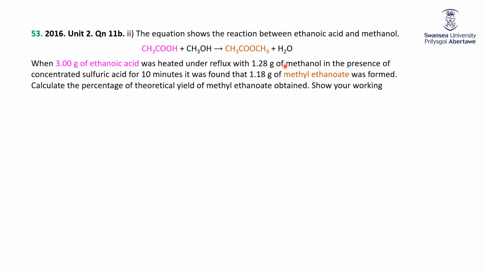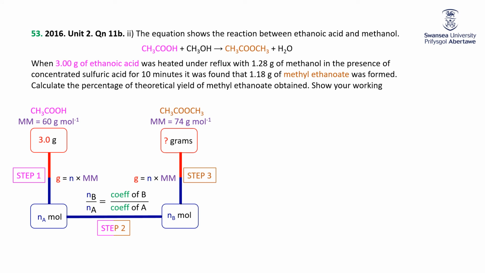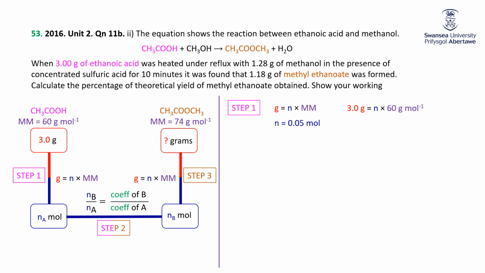So we actually have to apply the roadmap twice before we can calculate the percent yield, because we need to know the theoretical yield based upon the limiting reactant. So anyway, start off with substance A being ethanoic acid, and substance B, which will be the case in both calculations, being the ethyl ethanoate. So we have 3 grams of the ethanoic acid, divide it by 60 to get 0.05 moles of ethanoic acid. It's a 1-to-1 reaction, so we're going to have 0.05 moles